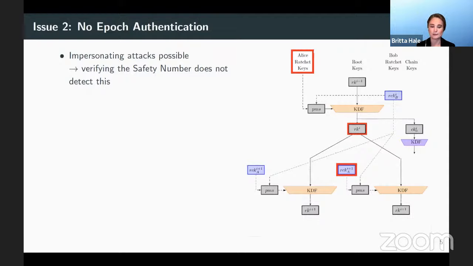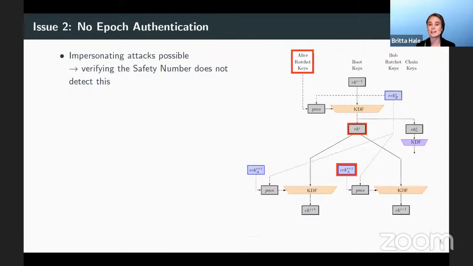However, the natural observation and counter to that is that if we are not considering compromise, why are we doing a ratcheted key exchange at all? Because if we're not considering that a device could be compromised, then we could just assume that a long-term static symmetric key is fine.